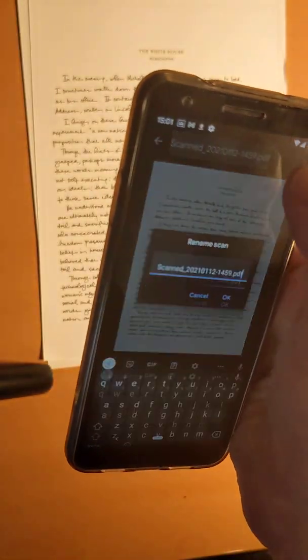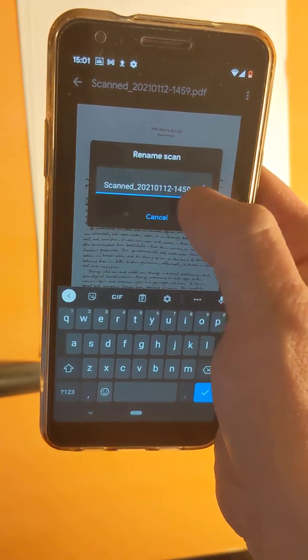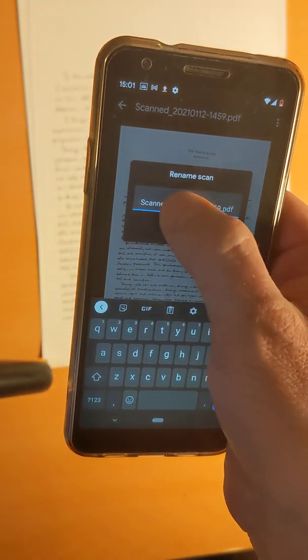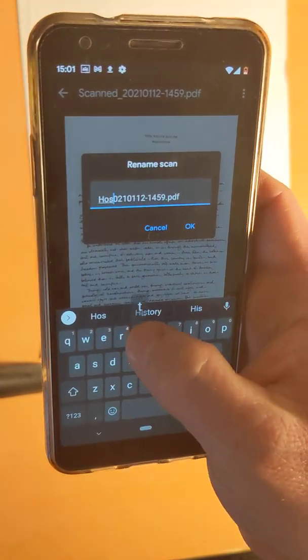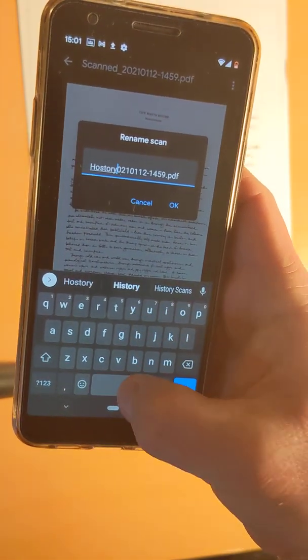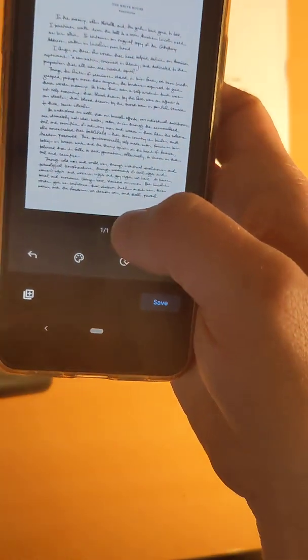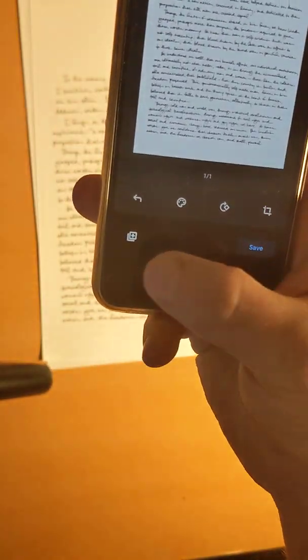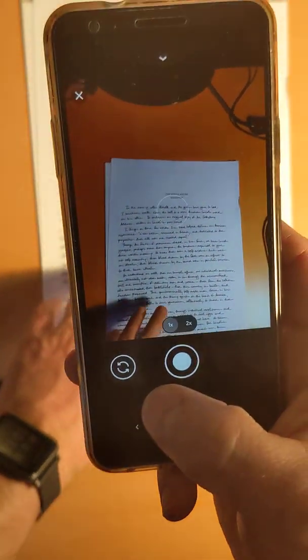Okay, now by default, it gives it the name scanned and the date. You could change that to history essay or something if you wanted to. I'll leave the date on there so I know when I did it. Hit OK. Now the other thing is adding multiple pages. Down here I click on plus, and then I can bring in a second page